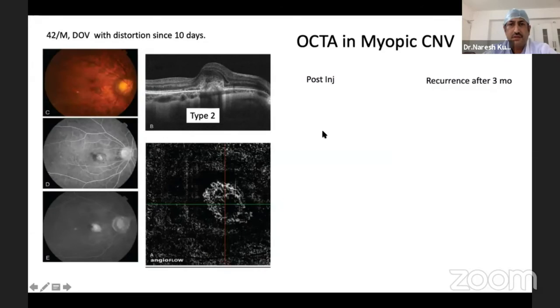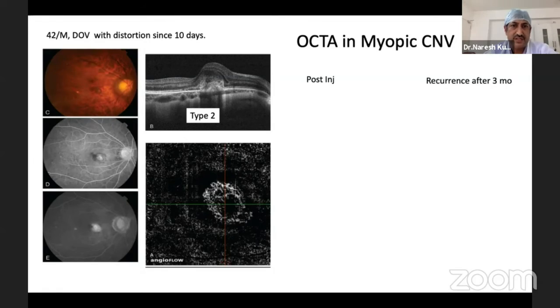And now we'll look at the role of OCTA in myopic CNVM. So we know that patients with myopic CNVM don't have much fluid. The exudation is less. On OCT, sometimes very subtle changes could be appreciated. So most of the time the diagnosis is based on the FFA, but it's an invasive procedure. Every time doing it is difficult. And when to stop also becomes difficult if we have to repeat FFA at each and every visit.